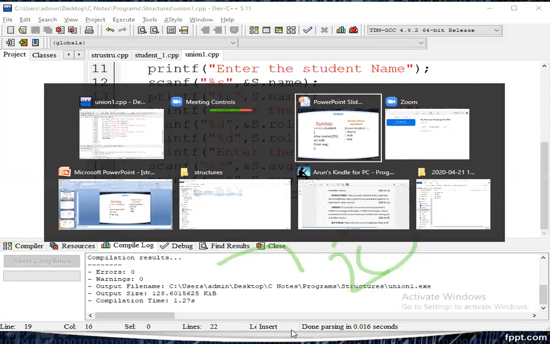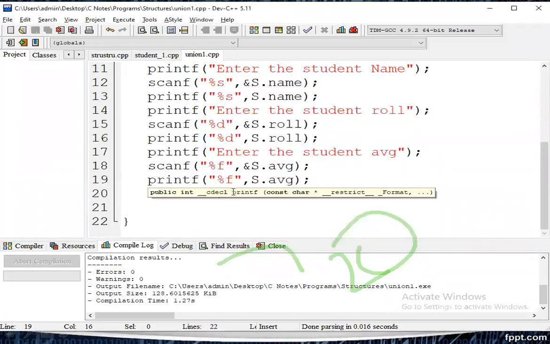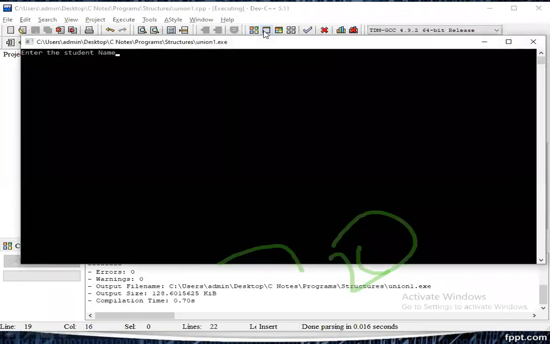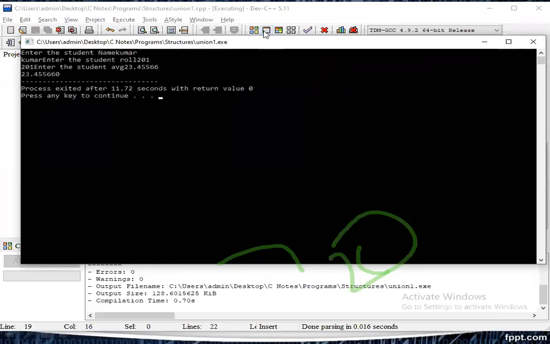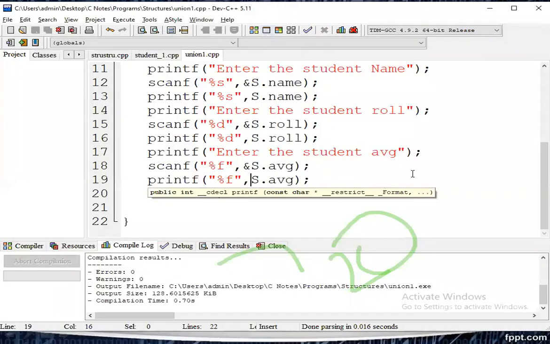Right. Mark 201. 201 is a roll number. Next, any floating point value. Floating point. So in that way, we can use it.